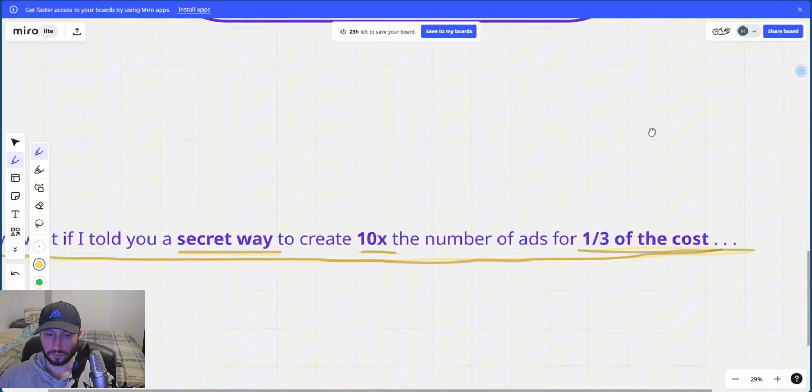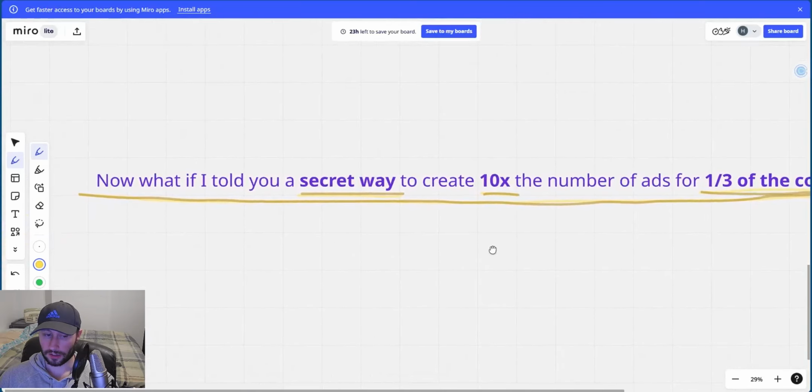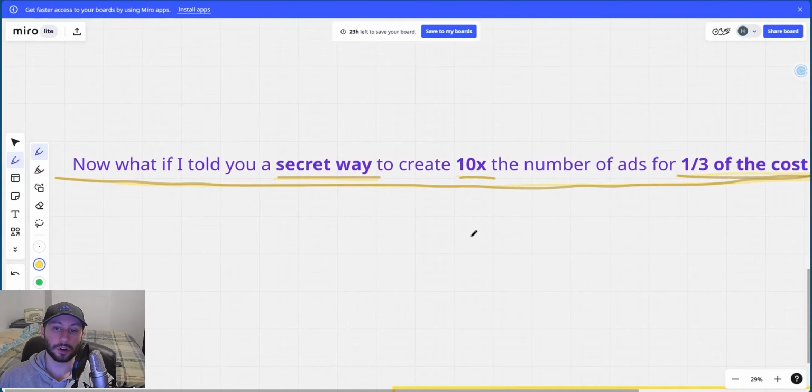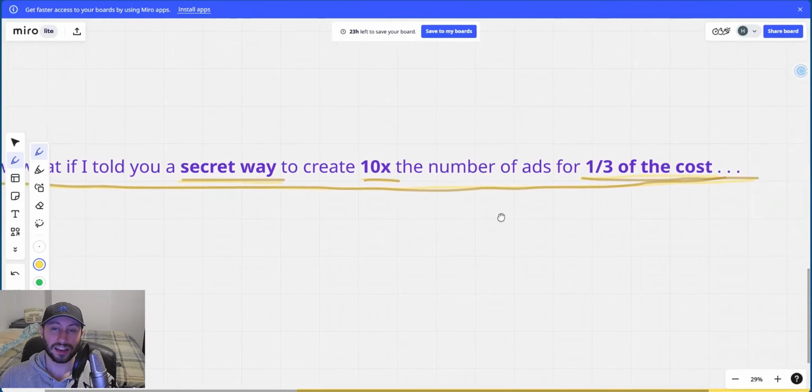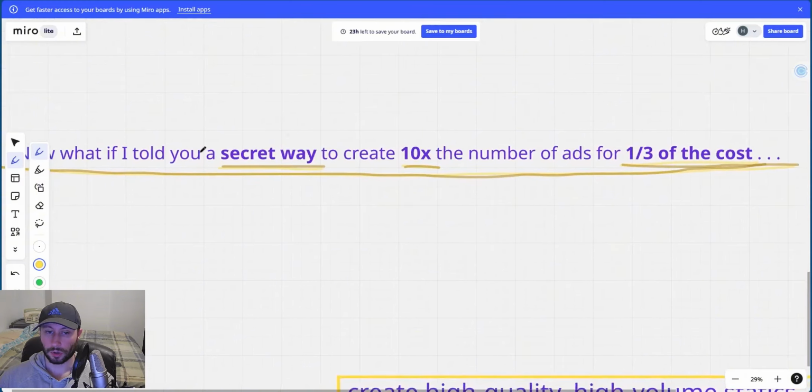So, on that topic, what if I told you a secret way to create 10 times the number of ads for a third of the cost? Traditionally, you get some 20-year-old Canva designer, right? That's my person. He looks quite bad. You get a 20-year-old Canva designer, right? Or you have